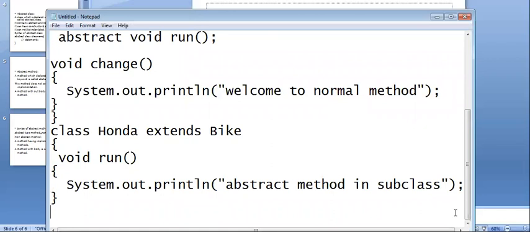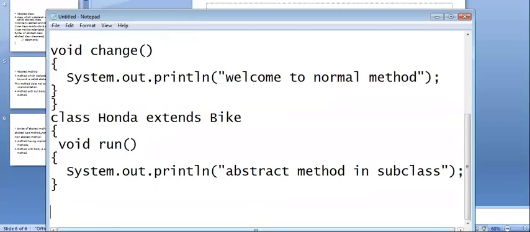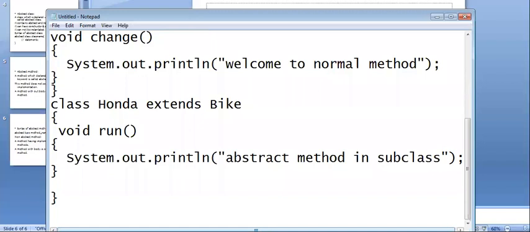So I implemented the abstract method which is declared in the abstract class. It needs to be extended and its method implementation can be done. Now I will close this class.